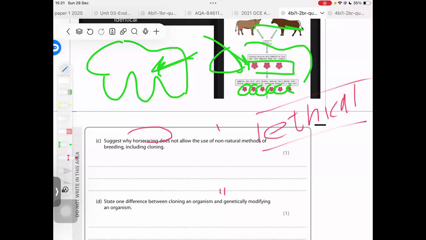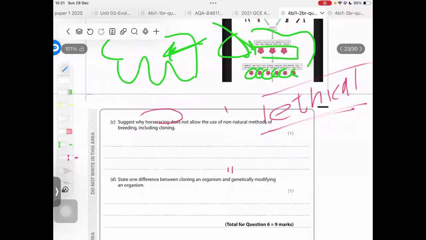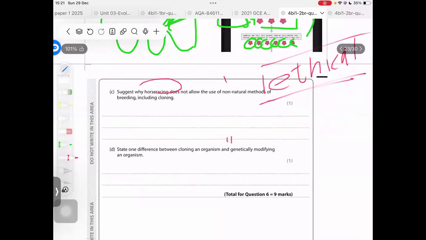Basically, you're stealing the genes from an organism and producing another organism identical to that. So that's not ethical, right? One reason is it's not ethical, right? You can write that down. If you have given the idea of unfairness or the idea of unequal competition or the idea of cheating, you'll be awarded that mark. Or else